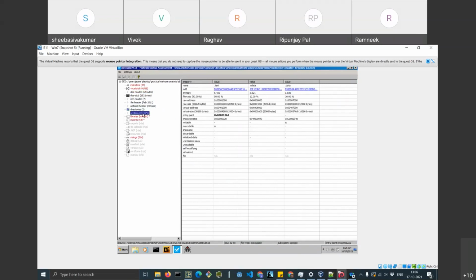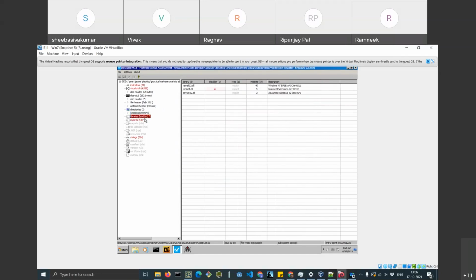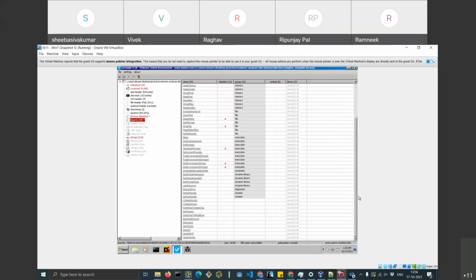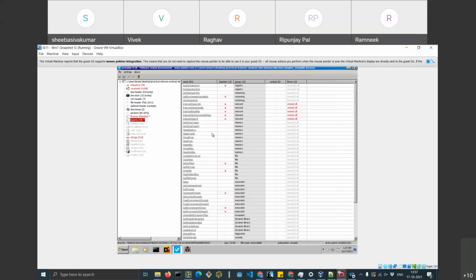These are really just for you to view, but you won't find any important details. What's more important are the libraries and imports. Libraries are what libraries it is trying to import. You can see that this particular file, lab603.exe, tries to load three libraries: kernel32.dll, wininet.dll, and advapi32.dll. Then there are imports. Imports tell you what functions this particular binary will contain. You can see that these are all the functions.